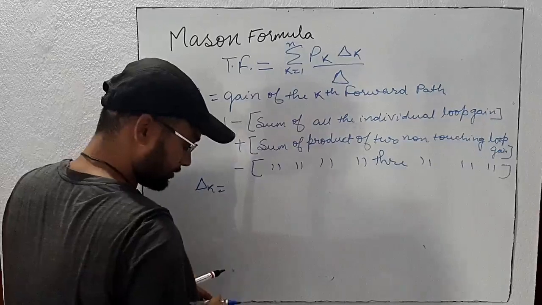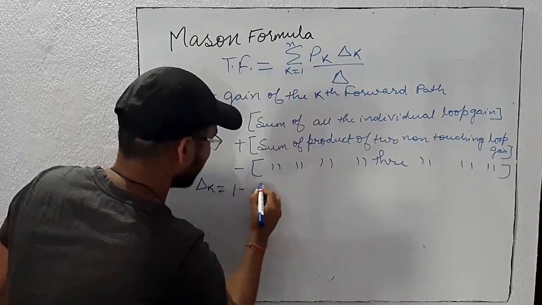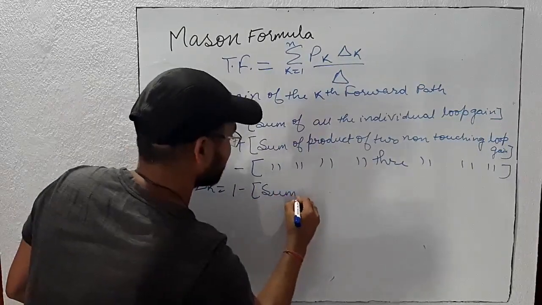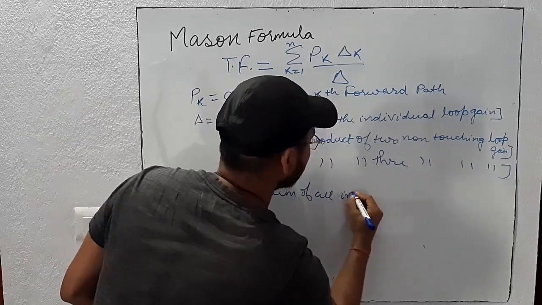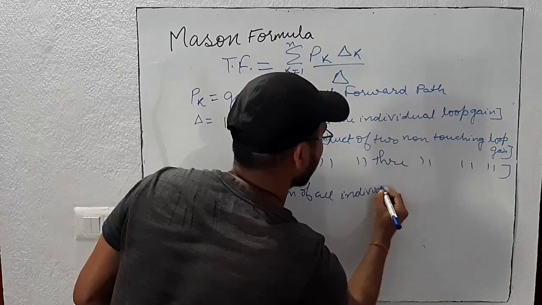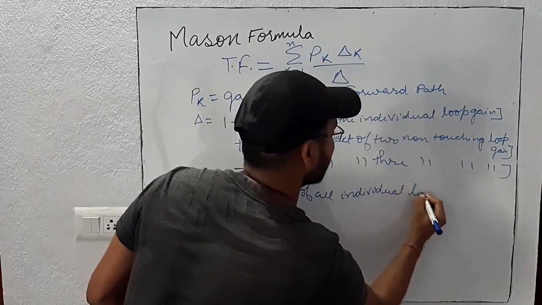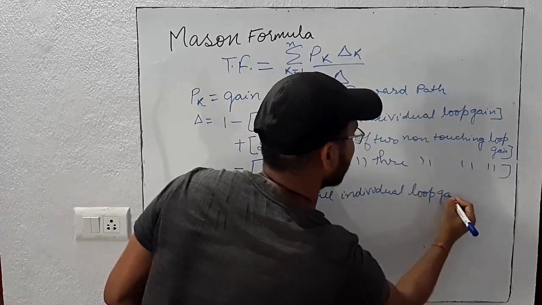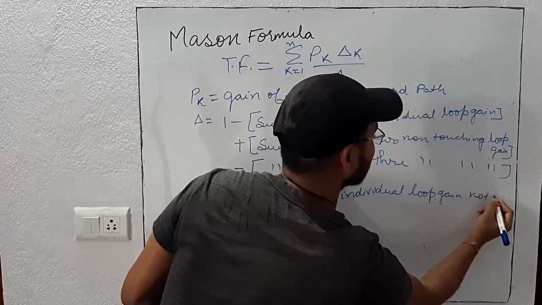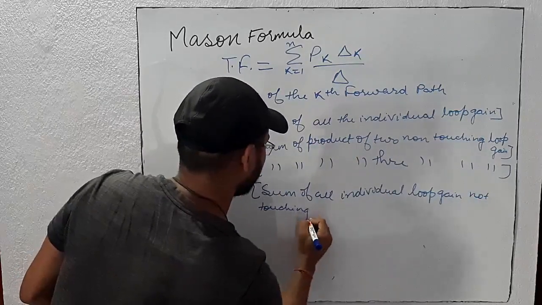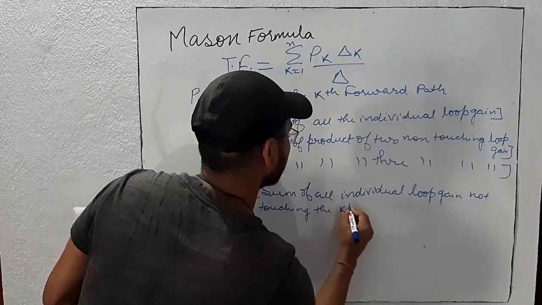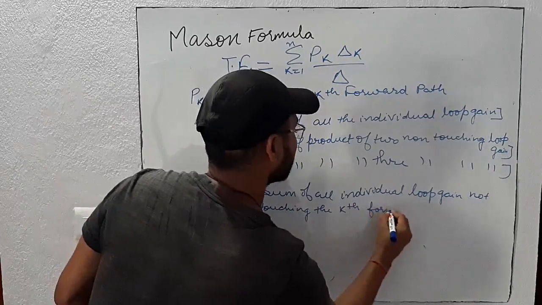So that is equal to 1 minus the sum of all individual loop gains not touching the kth forward path,